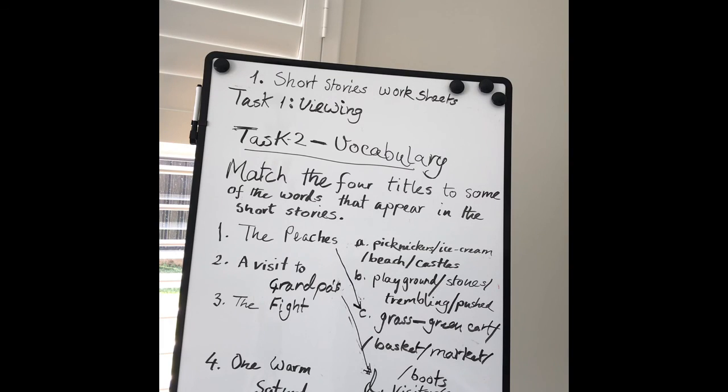The person who was the victim in the playground fighting might be really angry, very fiercely angry, and was shaking or trembling with anger. Okay, and the last word is pushed. Somebody, either the bully was fighting with his